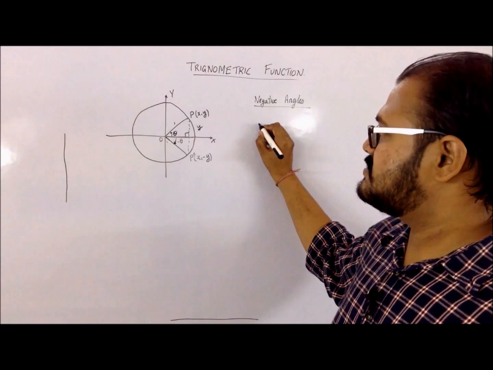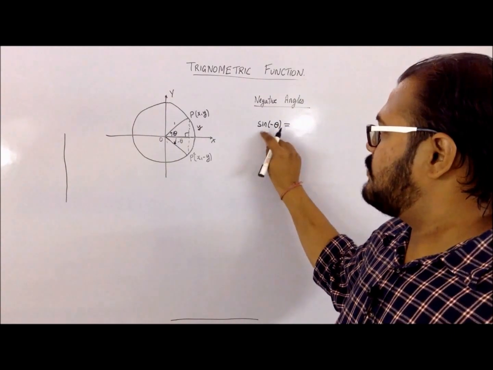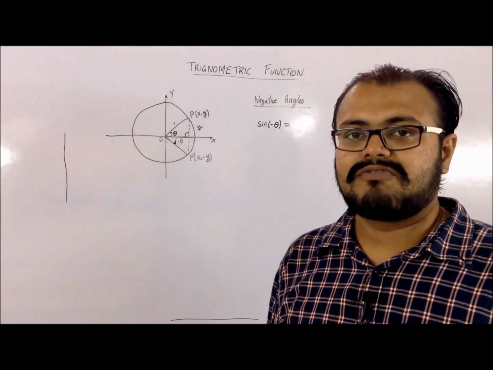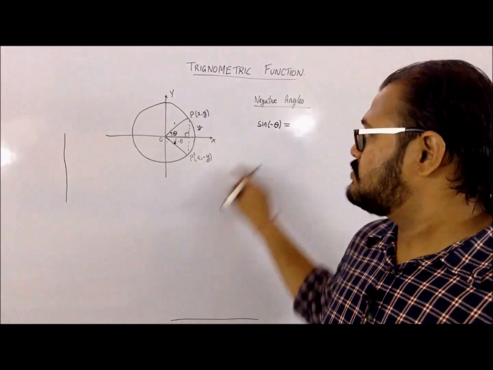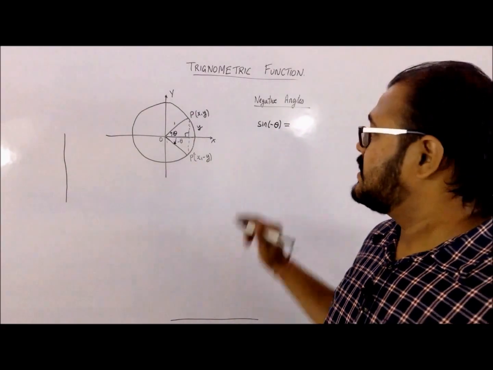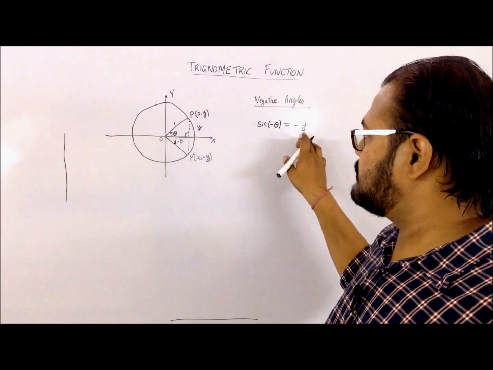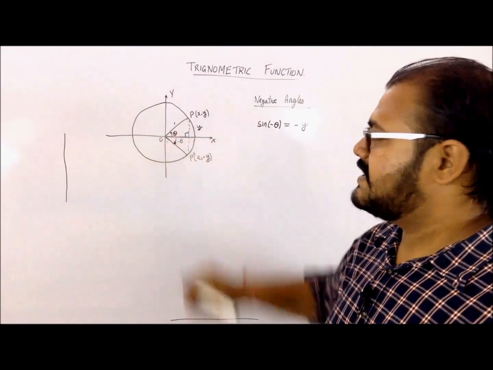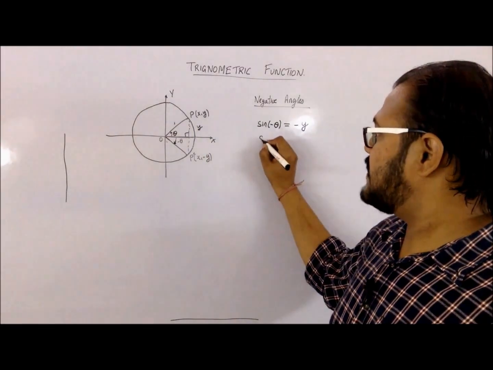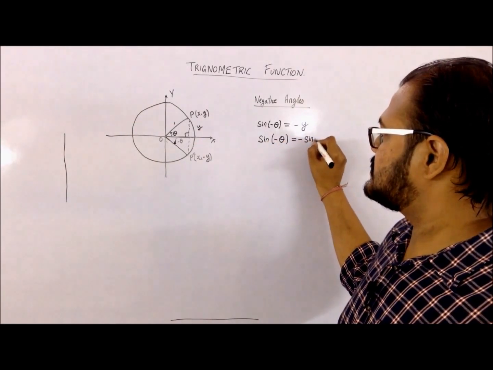So if I want to consider the first equation, that is for sine of minus theta. Now whenever you have to get a sine of an angle, you are going to consider the y coordinate of that point. So for sine of minus theta, I will consider the y coordinate of the point on the circle. So I am getting it as minus y. But if you can recollect, my y was the sine theta of the angle which had moved in the positive sense. So that is why I get the first relation, that is sine of minus theta is minus sine theta.